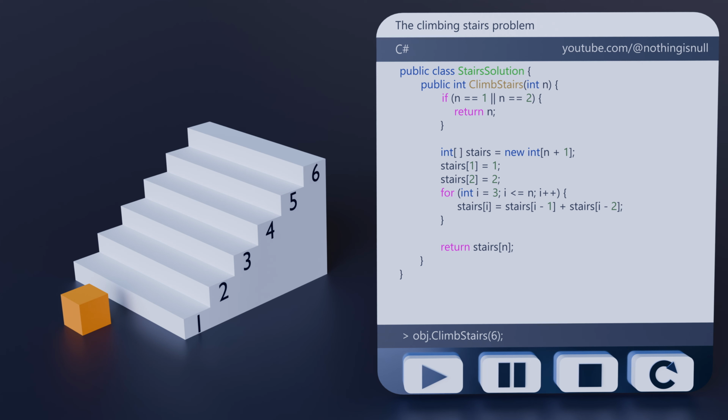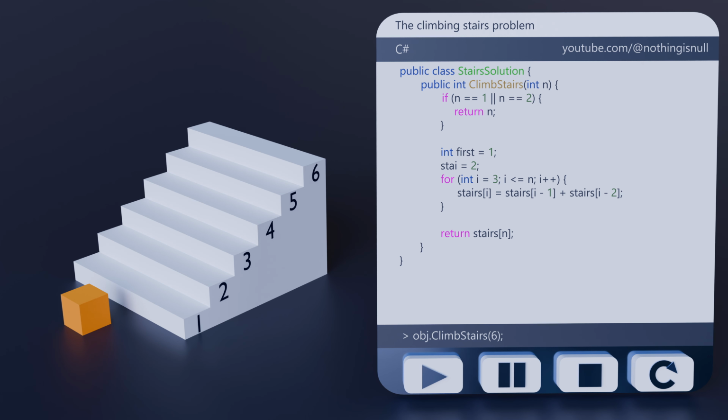The good news is that we can further optimize our solution. We are currently using an array to store our computations. But if we take a closer look at our array, notice that at every step, we only use the previous two values to compute the current one. We don't touch any of the values that were computed before that. Knowing this, we can adapt our solution to use three variables to store this information. And these are a couple of ways to approach the climbing stairs problem.